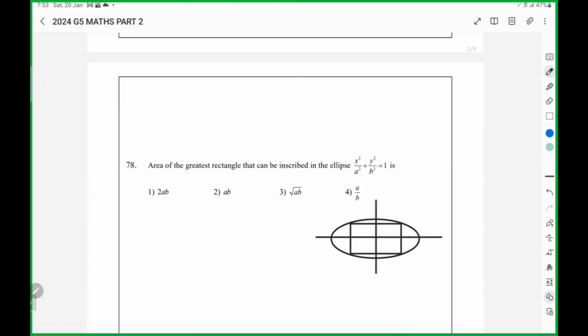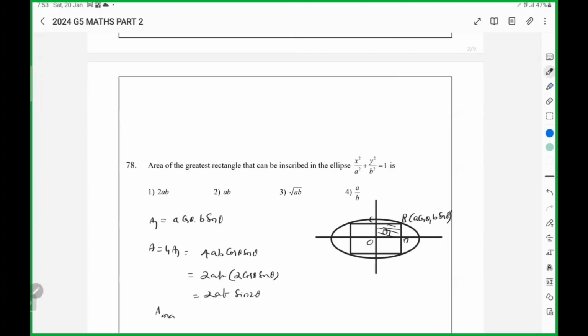What I do is first I will find OAB's area. Any point on ellipse is this. So say this is A1, A cos theta, B sin theta. Total area is 4AB cos theta sin theta, 2AB into sin 2 theta. A maximum will be